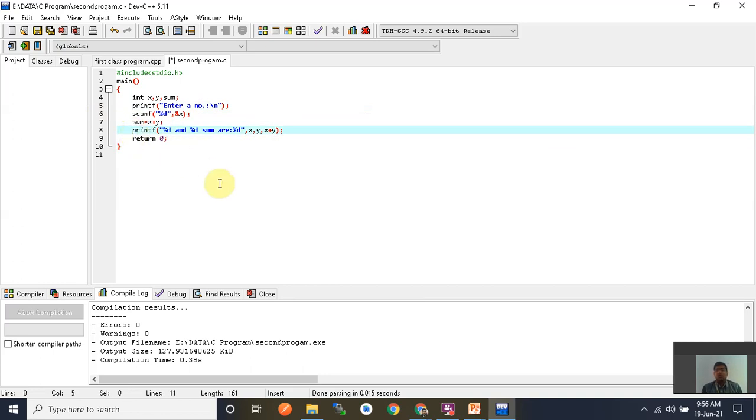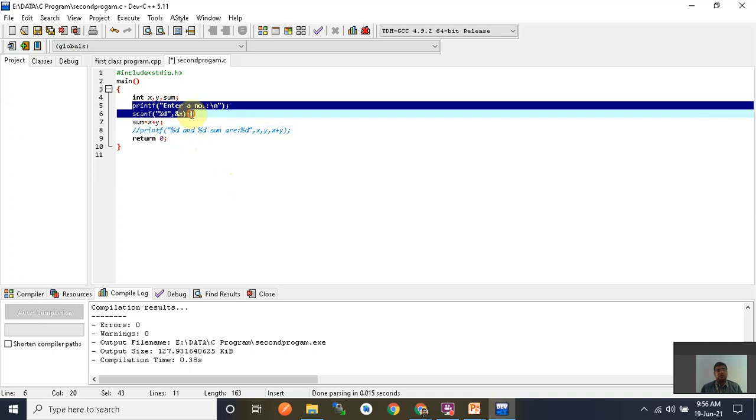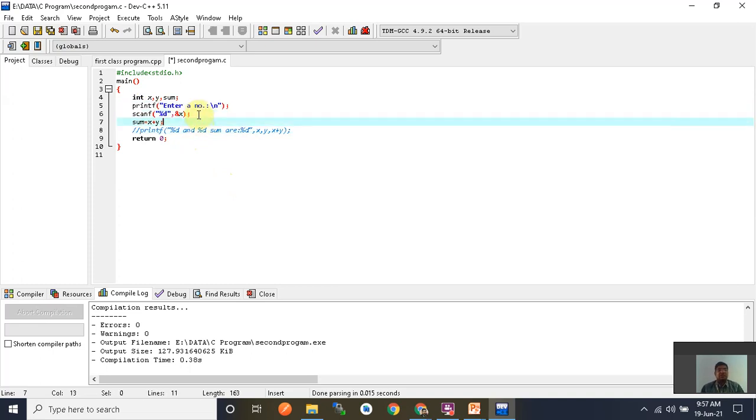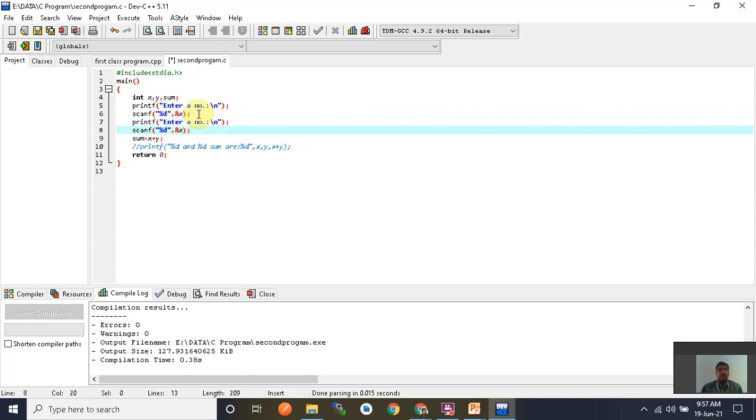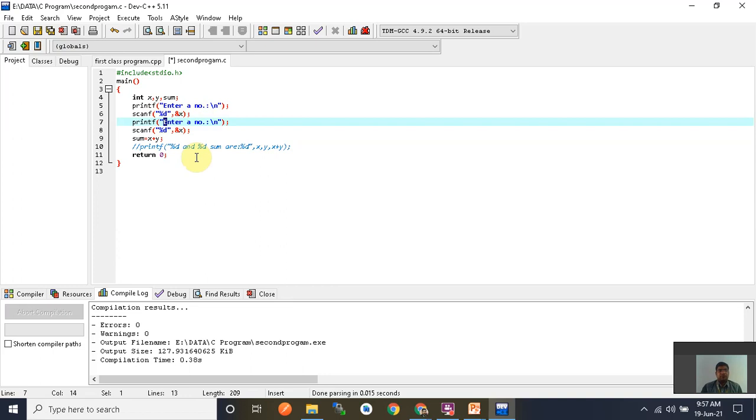If you want any line not to be executed, then you place the double slash. So I don't want to perform this printf, because the y value is not present. I also read the y value. Copy this and enter, and also you place the slash n.